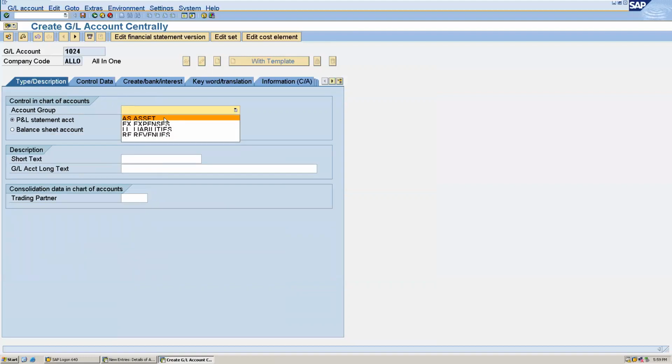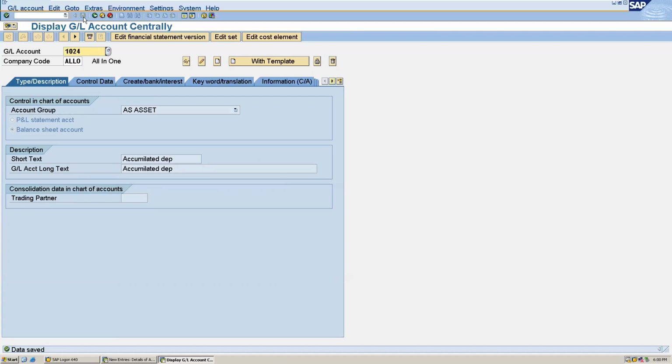This is an asset, the balance sheet account. And also it's accumulated depreciation. And we can save this.